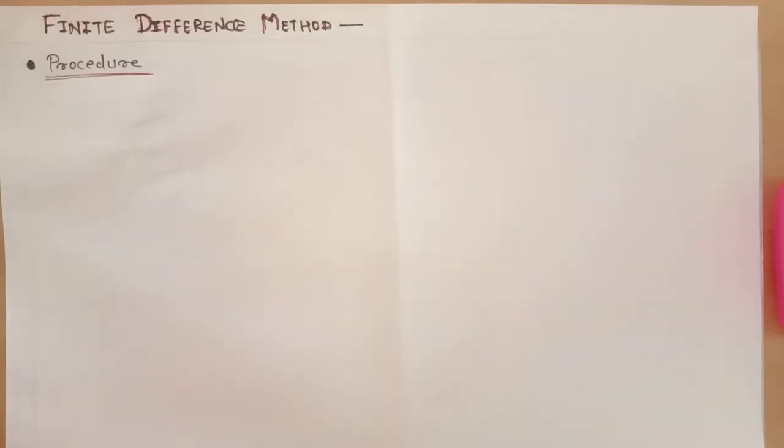Hello everyone, our today's topic is finite difference method. So finite difference method is the most accurate method, and in structural analysis most of the problems involve differential equations of the ordinary type that are required for the determination of moments, shear force, deflection, etc. in beams and buckling columns.